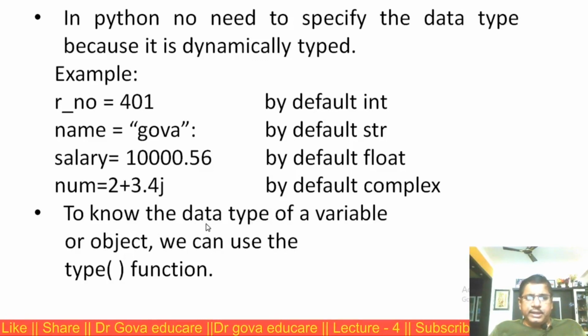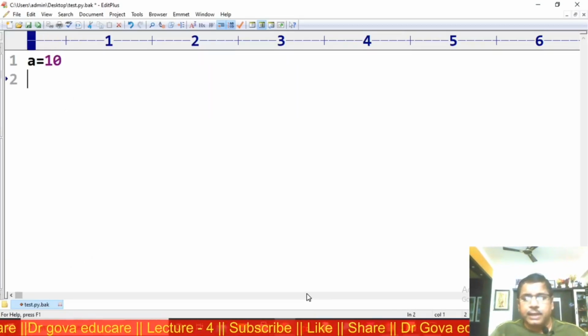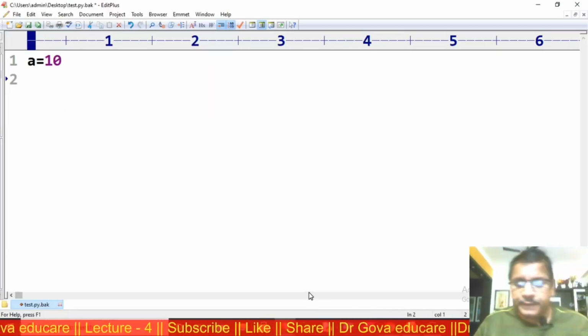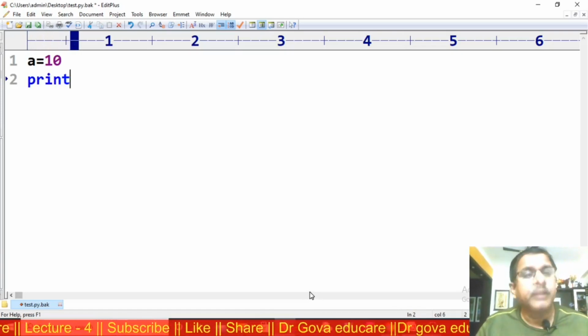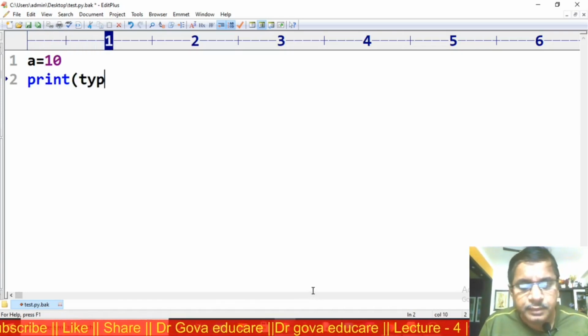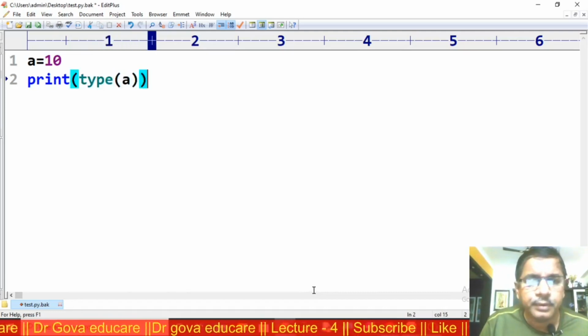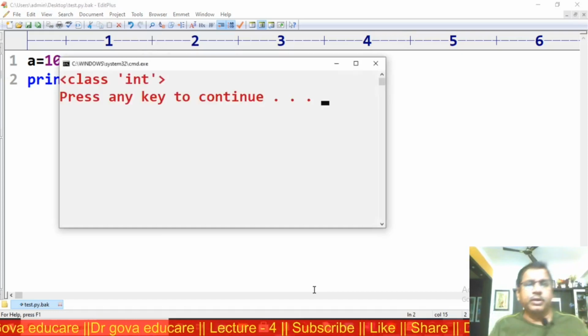Now, to know the data type of a variable or object, we can use the type function. This is a built-in function in Python programming. A is equal to 10. I want to find the type of A. Print type of A. I am executing the program.